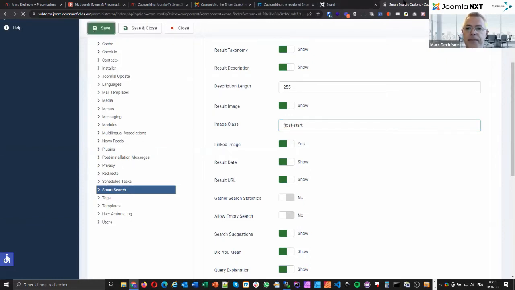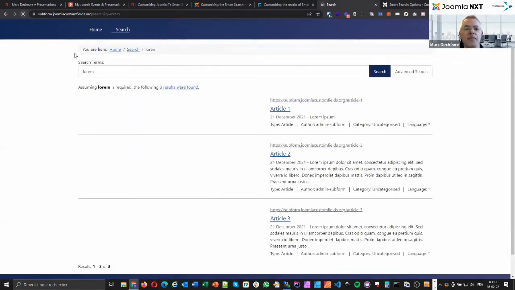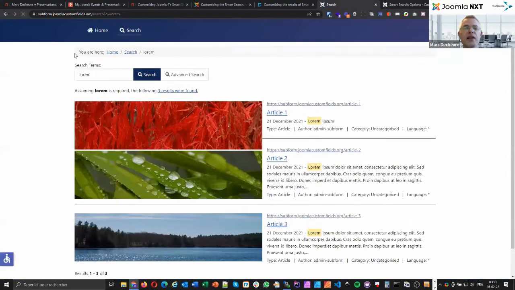If I save and I go back and I refresh, you see the float start is a bit like a float left. If you remember in Joomla 3, for the intro images, when you were editing an article, you could say, is it left, right, or nothing specified? But left or right is not really universal, right? In some countries we write left to right, in some other countries we write right to left. So actually Joomla has improved that,